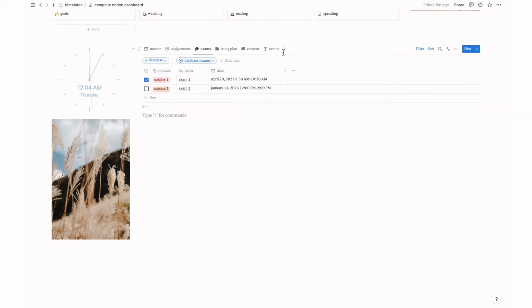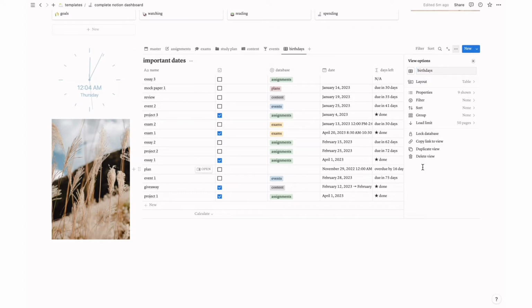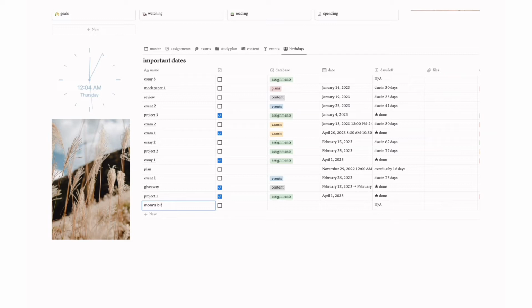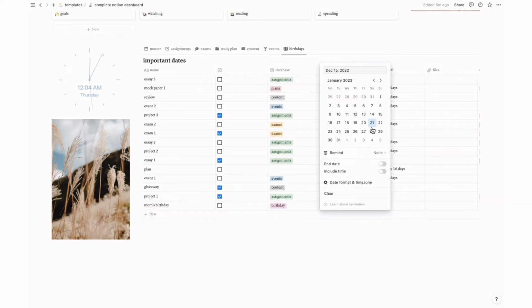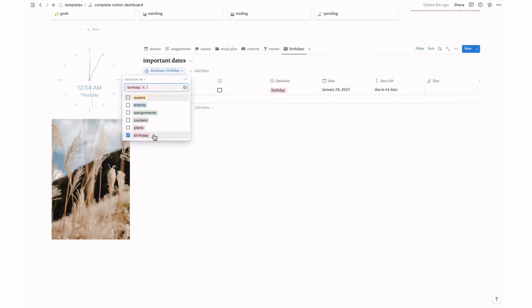And now if you're adding a new tab, click Add View, and I'd usually start with the table layout because it's the easiest view to fiddle with the properties. Add a new row, and give it a new option for the database. Filter the table for a new database. Hide whatever properties you don't need, and you're done.